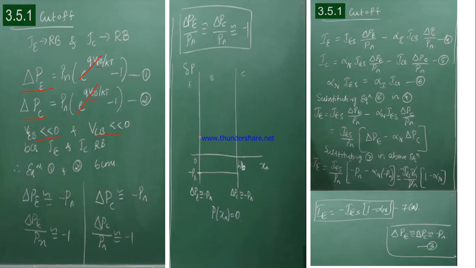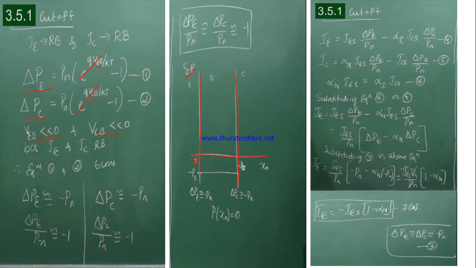So this line is the emitter junction, and this line is with respect to the collector junction. This one is the origin, with respect to the origin at the beginning. So this one is emitter, base, and this is collector. Here we are drawing the graph with respect to the distance xn, that is the charge concentration distance, and excess hole concentration on the y axis. Hole concentration we are studying.